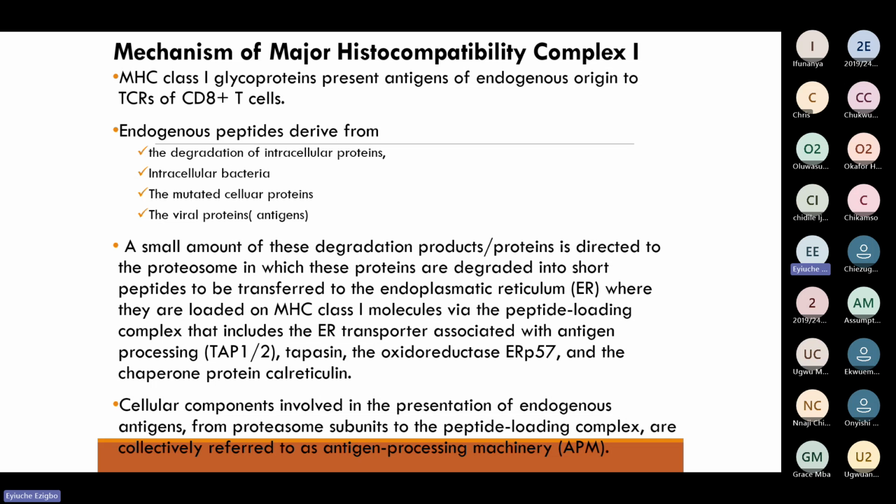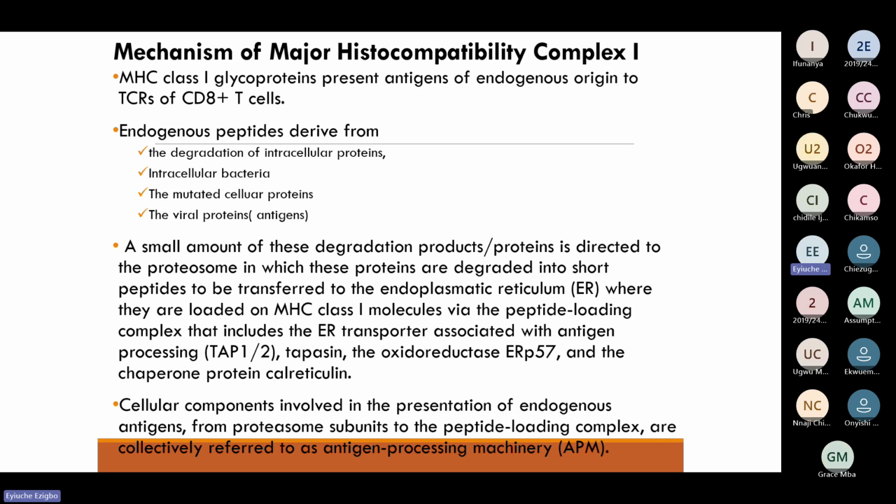A small amount of these degradation products or proteins is directed to the proteasomes, in which these proteins are degraded into short peptides to be transferred to the endoplasmic reticulum, where they are loaded on MHC class 1 molecules